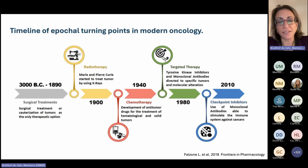But there was a development of treatment that was focused mostly on what they were doing at the time, which was surgery. The first real change and impact was in the beginning of the 1900s with Marie and Pierre Curie, when they started treating using X-rays, until the first chemotherapeutic was developed in 1940. And this was really a landmark change in which many cancers were treated with platins and